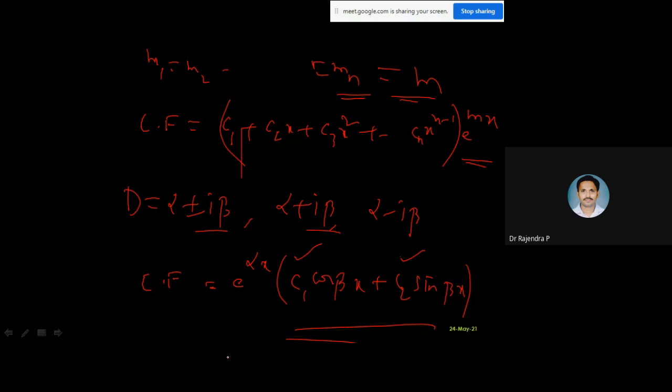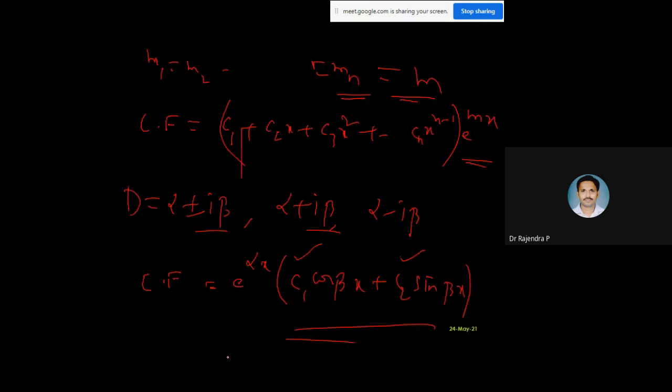Now I'm going to take some more problems, and I will introduce the particular integral also, how we are going to solve it. Today also, I'm not going to take all the cases of how we solve for the particular integral. Like in complementary function, 3 cases we discussed, right? Similarly, in particular integral also, it depends on different functions. We may cover 1 or 2. So let's start.